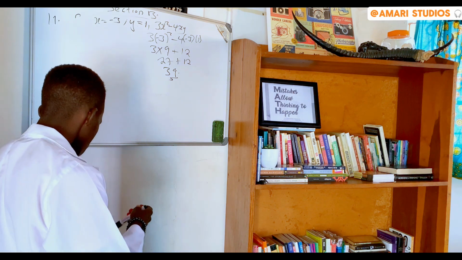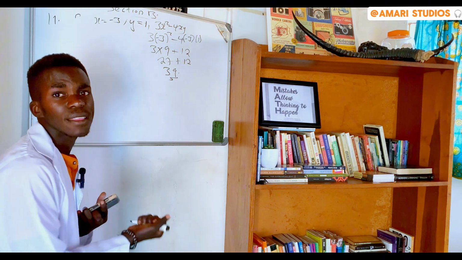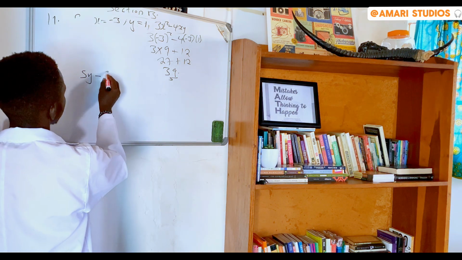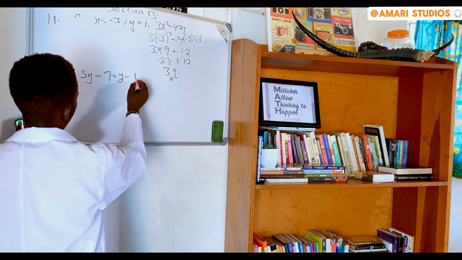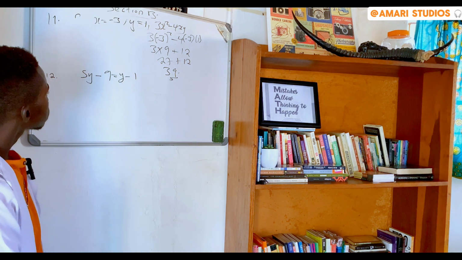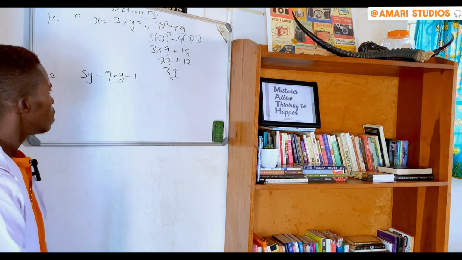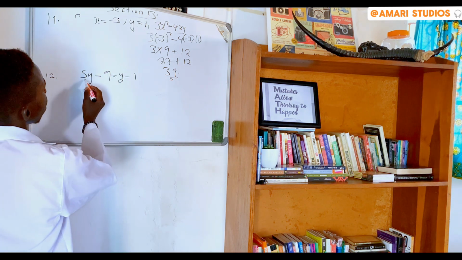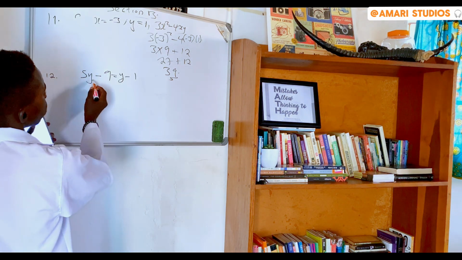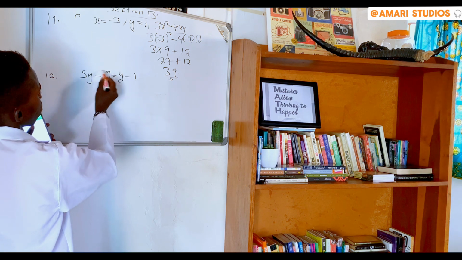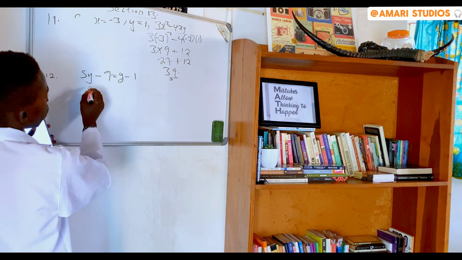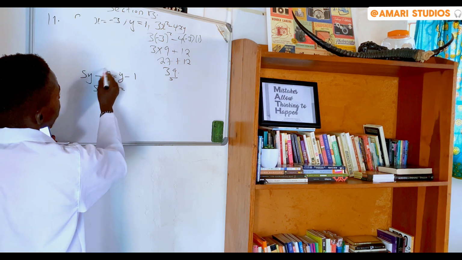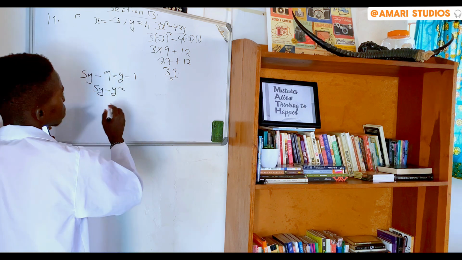Our next question is saying, solve the equation 5y minus 9 is equal to y minus 1. The first thing that you're going to do is collection of like terms. So y and y, we are going to collect them. I'm going to bring y this side. It's going to cross the equal sign, so we have 5y minus y is equal to, and then this -9 is going to go on the other side of the equation, which will be